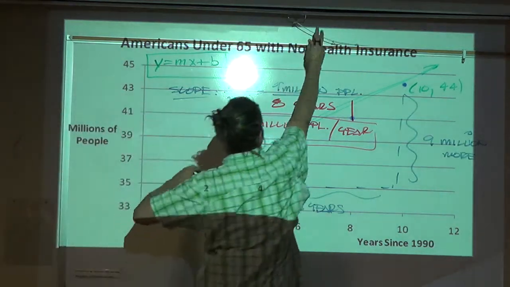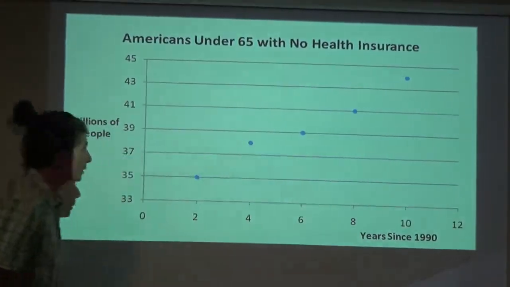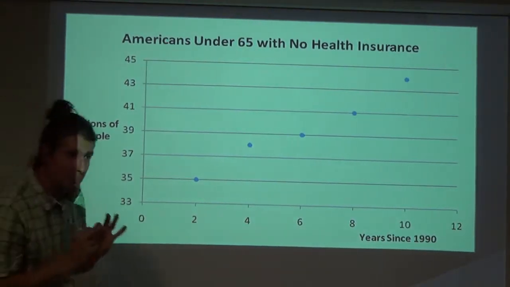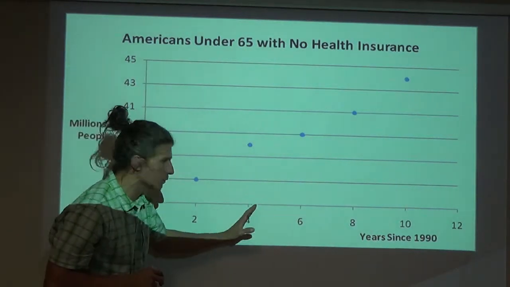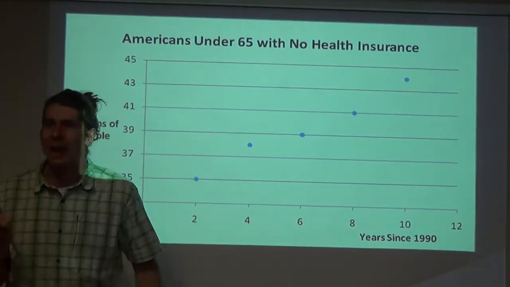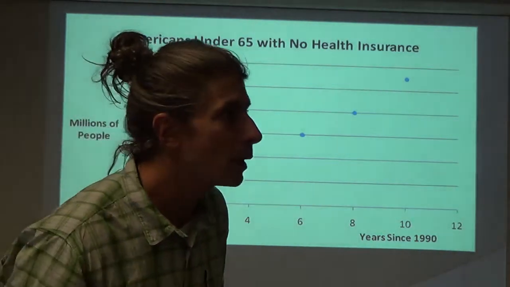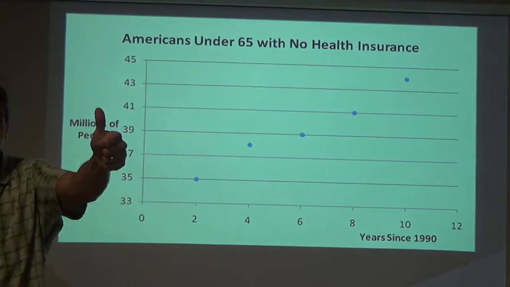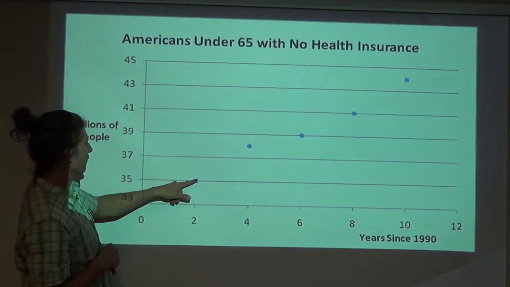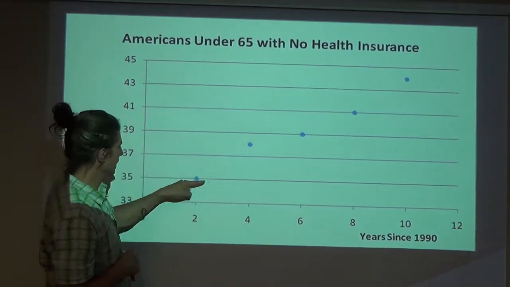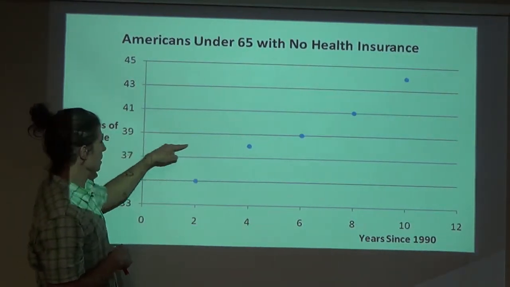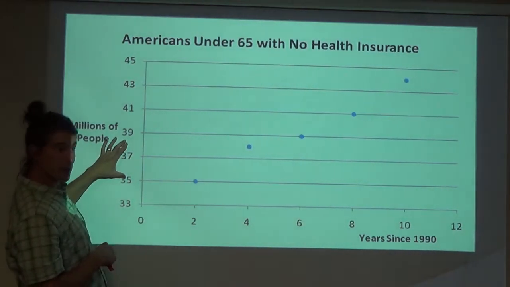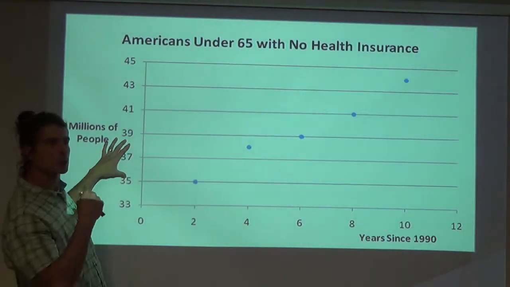Take a look at the original data again. Okay? So there's the original data. Assuming that it grows at 9/8 million people per year, we have data every 2 years, correct? So what's 9/8 doubled? It would be 9/4, which is 2.25 million people every 2 years. So did it go up 2.25 million people from here to here? It's up 3 million, right? 35 to 38? That's up 3 million. So in other words, 2.25 is a little bit too low.